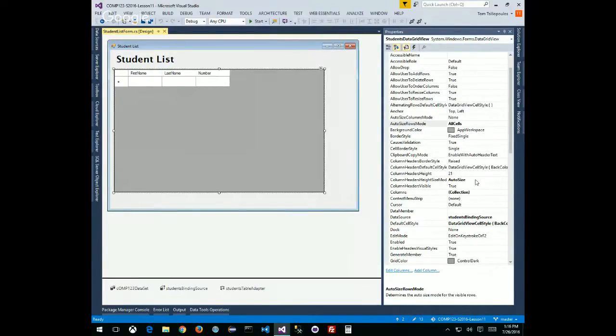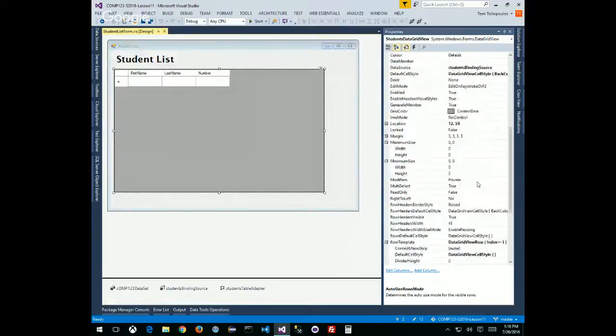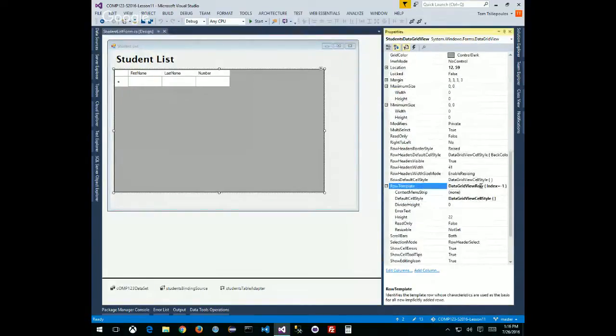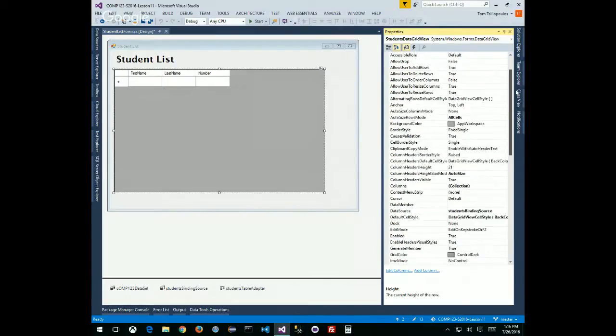Show me. So where do I go? So go down to row template, okay, and divide height or the height. Okay, I could change this. That's the height of the row itself, yeah? So I could make it something like 25, right? Yeah, you could, but remember I just made it so that my cell